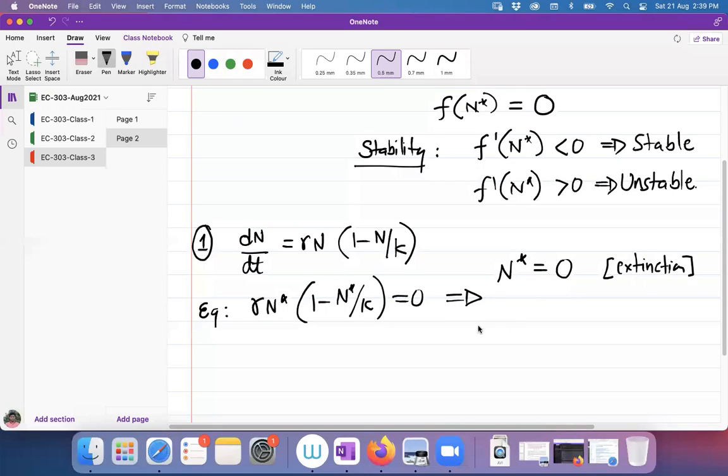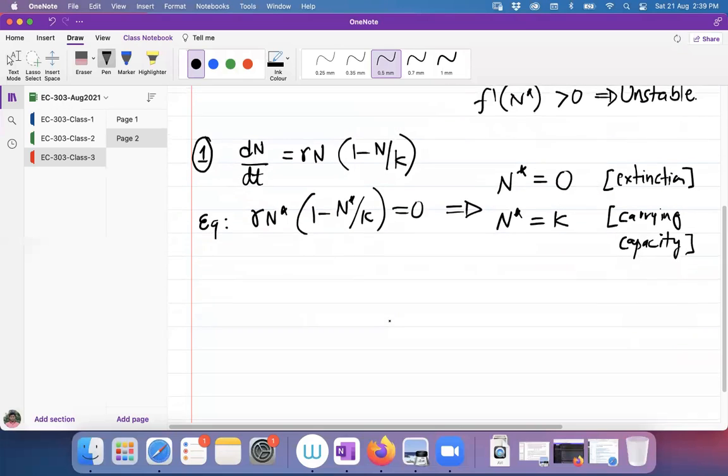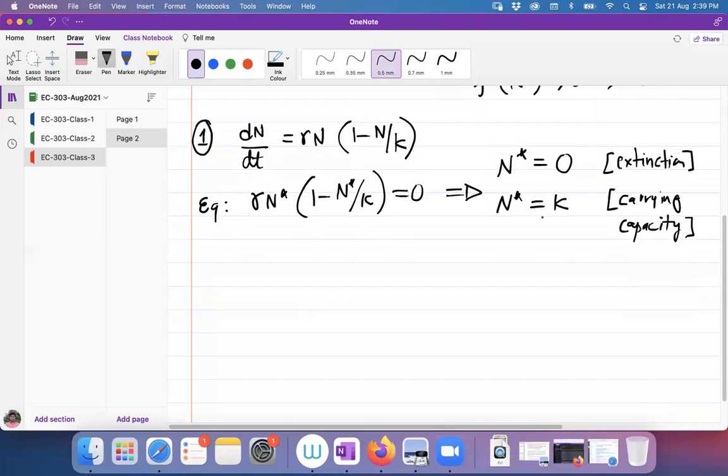You can think of it as local extinction because extinction cannot ever recover. The other is the carrying capacity. Okay. Now, there are two equilibria, which means that if the population ever ends up in either of them, they will just stay there forever. The question is,